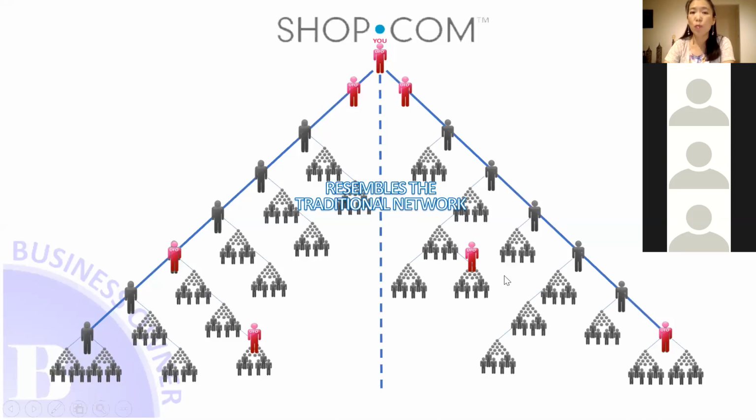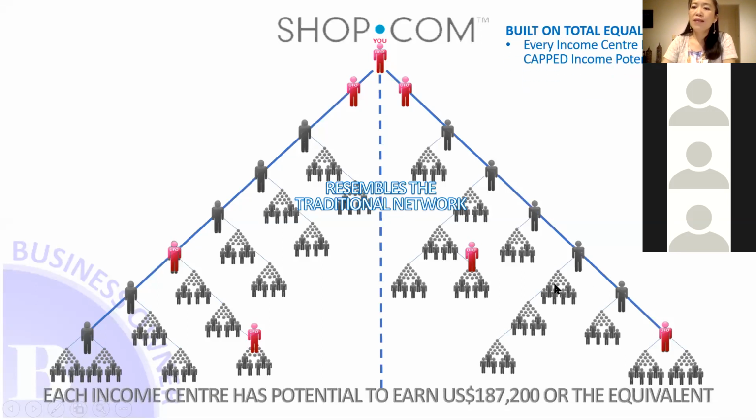However, if you work hard and work smart, you are able to work as a team, just like one of our leaders here, our senior business partner, Auntie Ann Lok. She is already a $1 million earner within shop.com, and I'd love to ask her to share with us a bit later her tips, that you don't have to spend that much money, but you can earn $1 million. So let's have a look at what